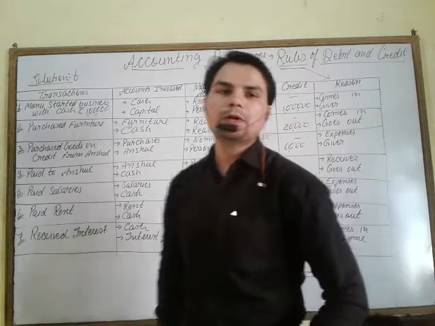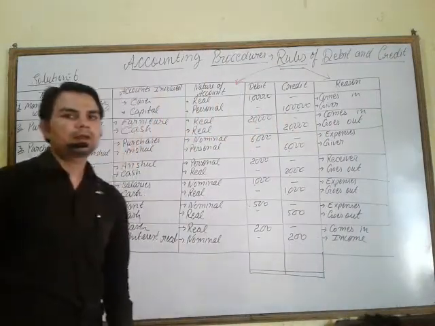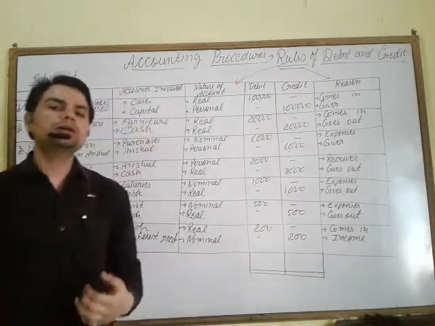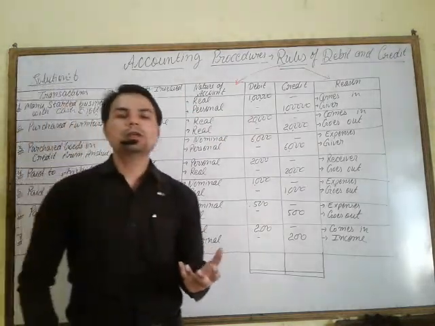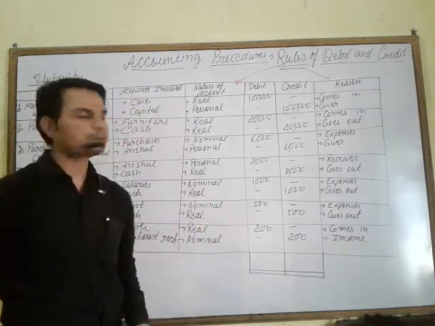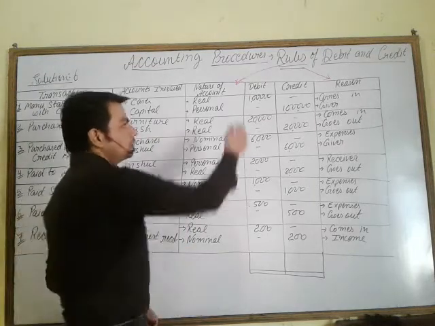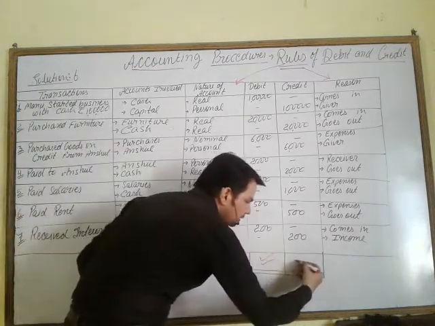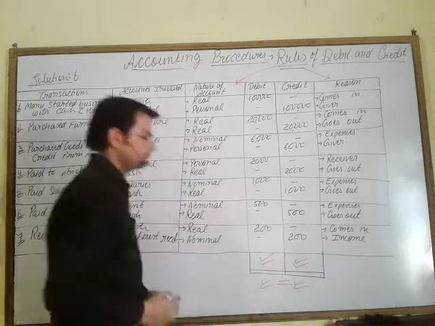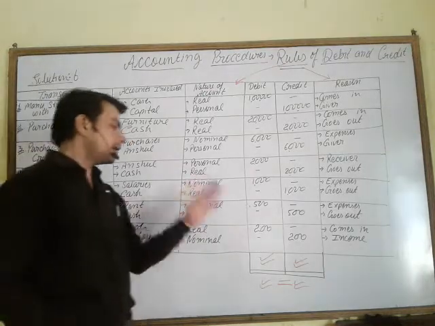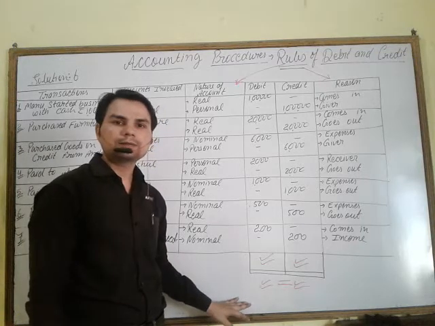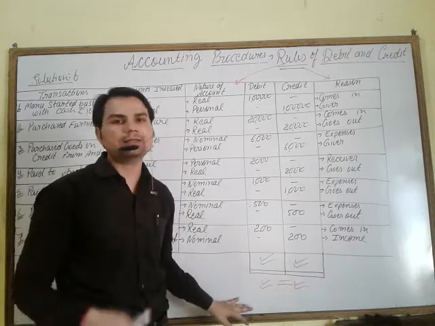My dear students, hope that you have got the concept. Because these rules of debit and credit you have to learn. And to learn these rules in a better way, you must watch the last videos. Then this video will be purposeful for you. Now next, the total of the debit side is always equal to the total of the credit side. It checks the mathematical accuracy while preparing the journal, on the basis of journal entries or trial balance, etc.